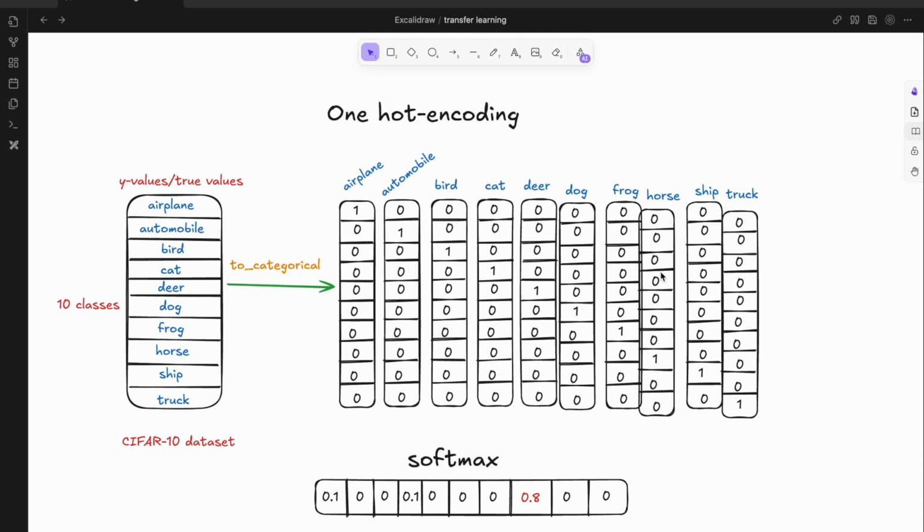So 0, 0, 0, 0, 0, and the maximum value was 1. Remember, for the softmax, if I combine all these values here, I'm supposed to get 1. If I add all these values up, I'm going to get 1. The same thing for this horse, if I combine everything, I'm going to get a 1. And then the place with the highest value is this place, which is the 8th place, which has the highest value 1. The same thing for the softmax, the place with the highest value is the 8th place, which is